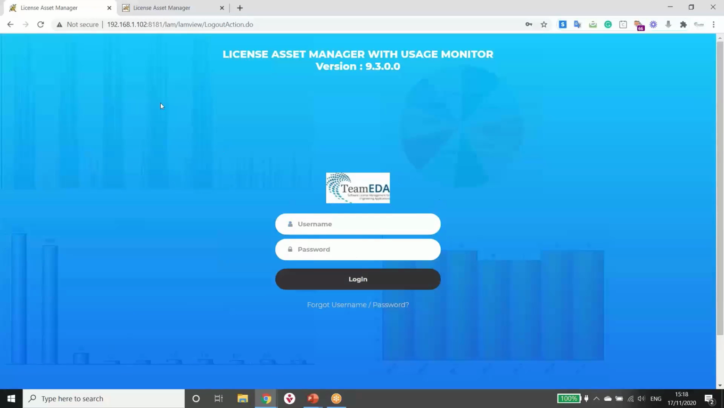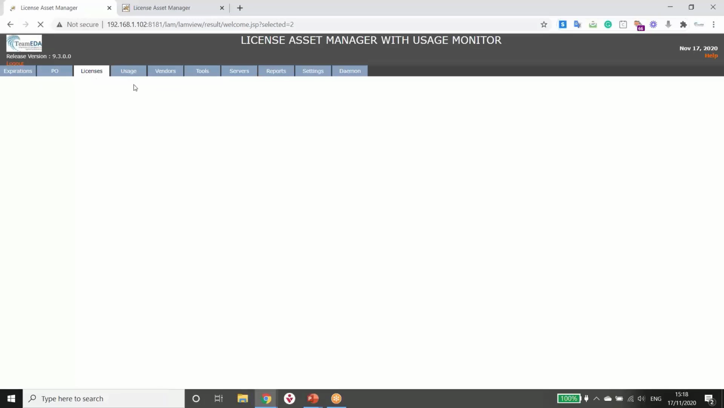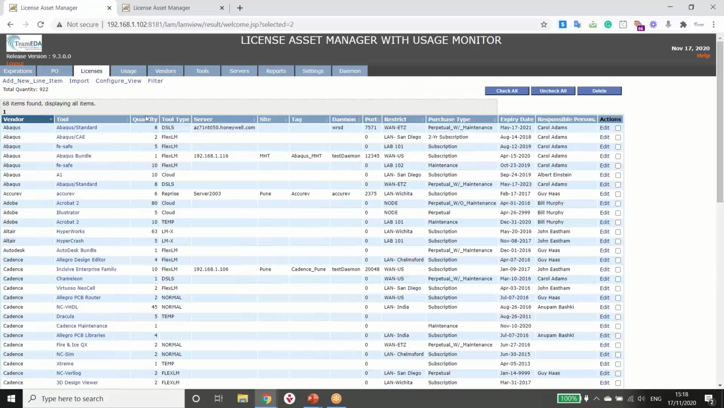From the front end, as I said, it runs on Apache. We can see the login screen. I'm just going to log in as an administrator. On the top line here, we see everything to do with the license asset management. Let's go ahead and look at some of the licenses. So we can see here,